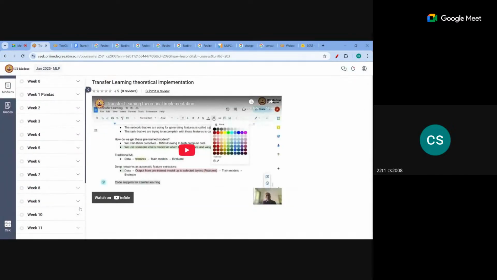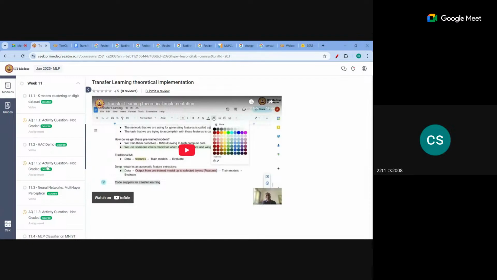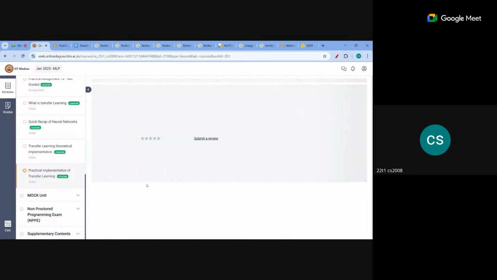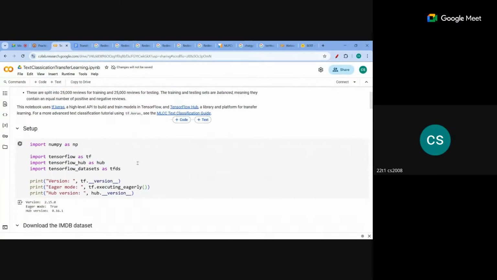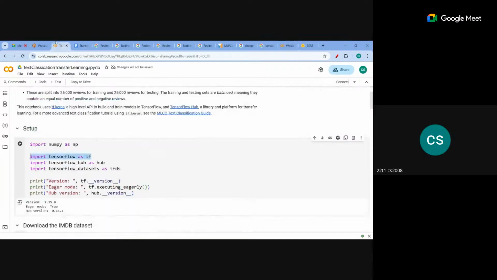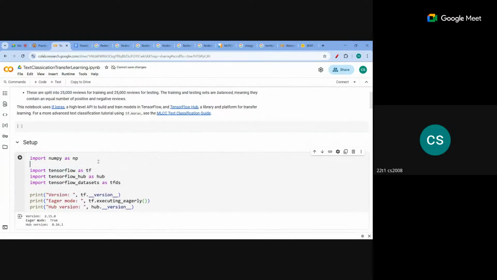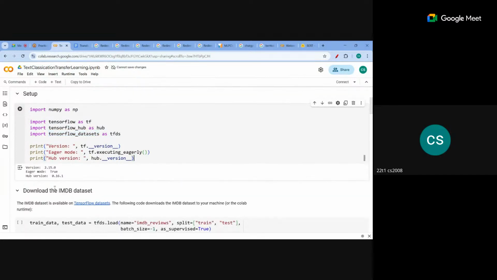So Colab is also available to you. You have this part in development. For the practical implementation, this Colab is there, the same thing. Now here we are using TensorFlow. Earlier we used PyTorch to show the thing. This is an example notebook given in the course itself, that's why I'm using it, and some dataset I'll use for it. It's currently the IMDb dataset, and you have to predict